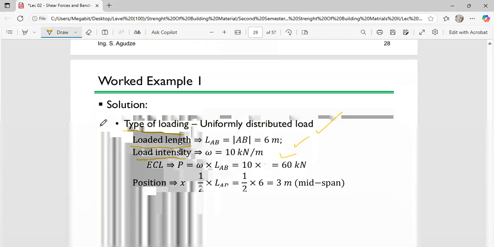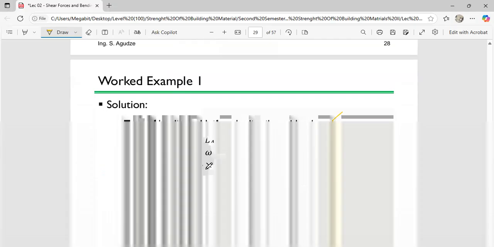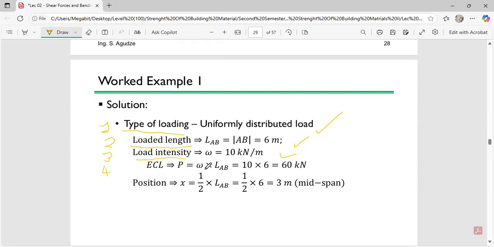So let's say this is one. Let's say this is two. Let's say this is our step three. Okay. So in our step four, what are we going to do? We're going to calculate our ECL. And we said that because it's a uniformly distributed load, our ECL is just equal to the area of a rectangle, and the area of a rectangle is length times breadth. In this case, our ECL is going to be equal to W times L, okay, which is equal to just